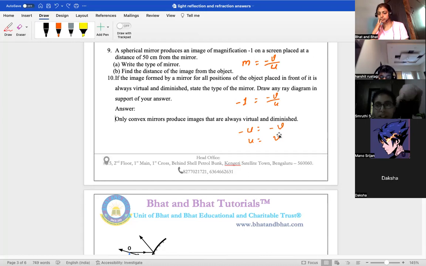Ma'am, 50 centimeters. Plus 50. Ma'am, minus 50. U is also minus 50. V is also minus 50. Correct? So you can say both are at the same place. That is, where is the object placed? It is placed at